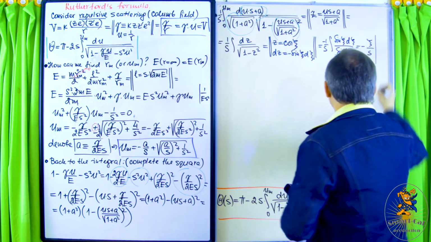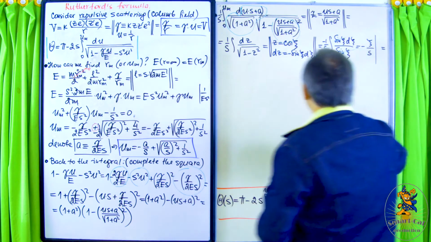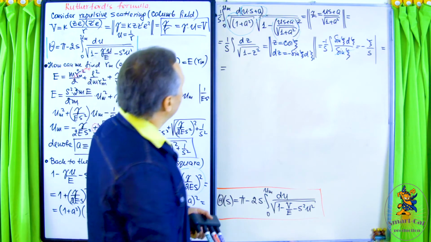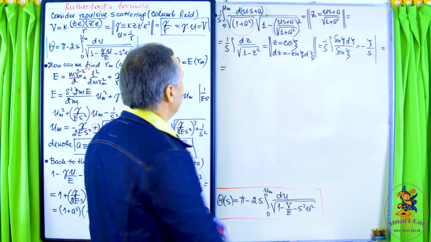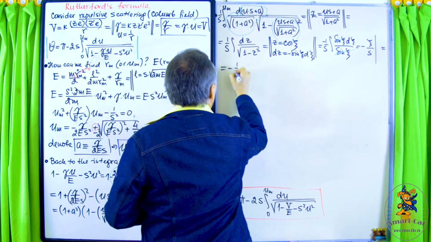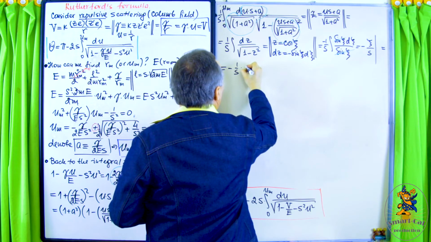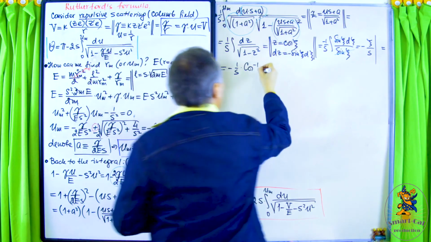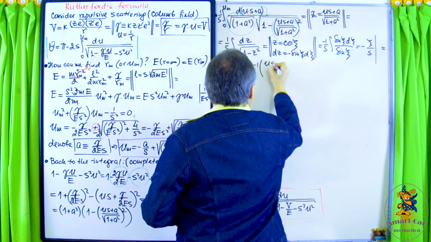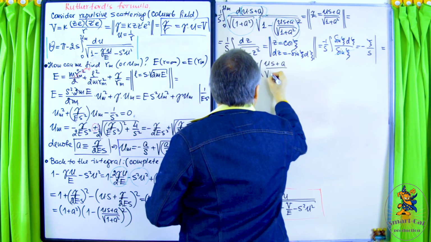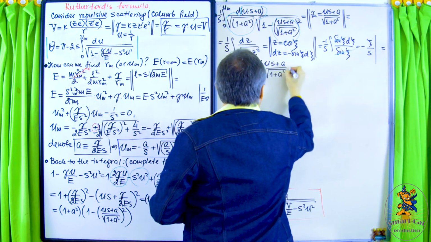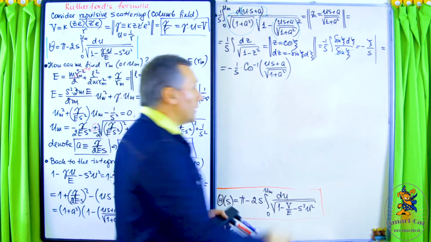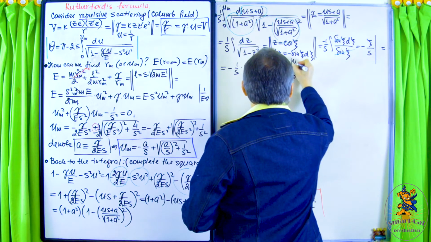Okay, the limits, but of course I'm not going to write anything. I will start restoring the original variables, right? So psi is arc cosine of z. So let me write minus 1 over s, then arc cosine, cosine to the power of minus 1 of z, and z, of course, is u s plus a divided by square root of 1 plus a squared. Right. And now we're back to u, and of course now we have to write limits from 0 to